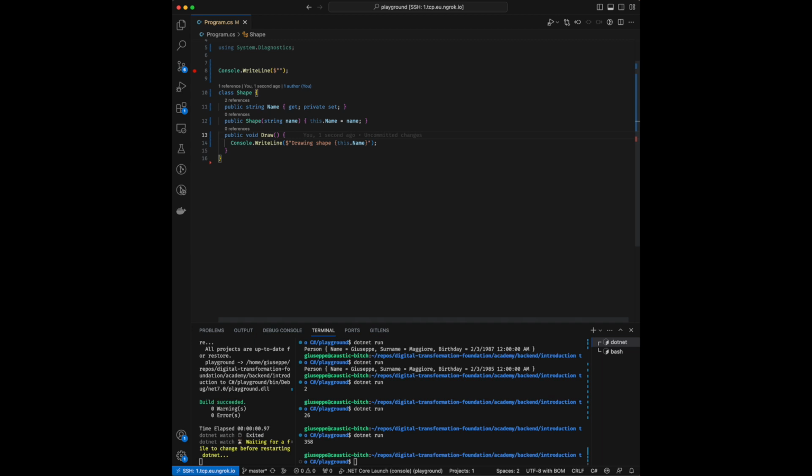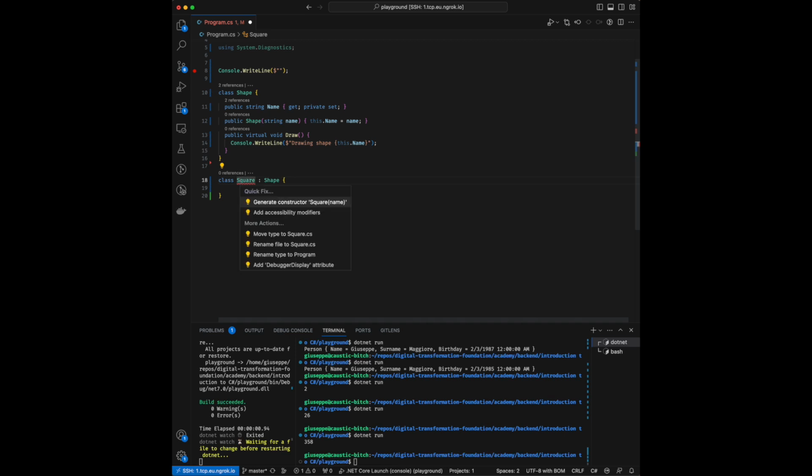So what we're going to do now is we're going to adjust the method draw and make it virtual. What does virtual mean? Virtual means that draw has an implementation, which in our case is relatively banal, it's not very interesting, but a class that inherits shape may redefine the draw method. For example, class square inherits shape, and now, well, let's